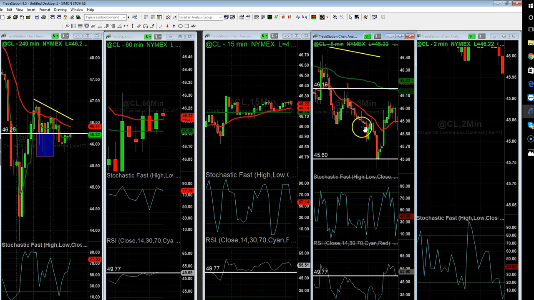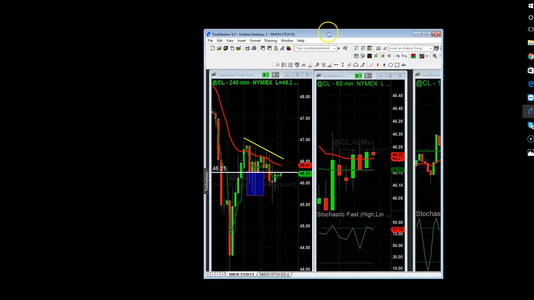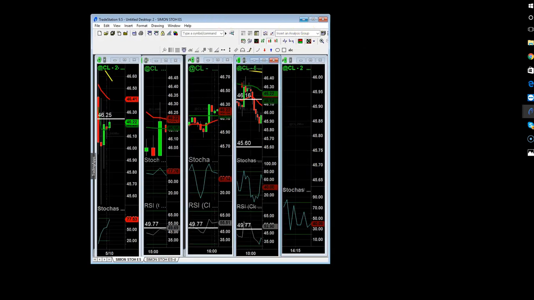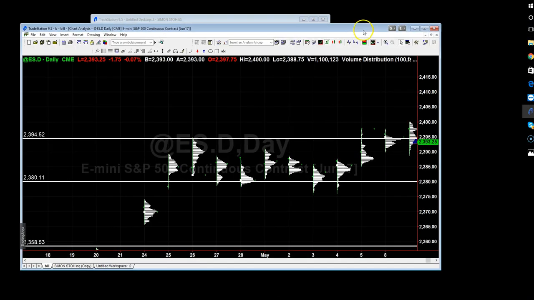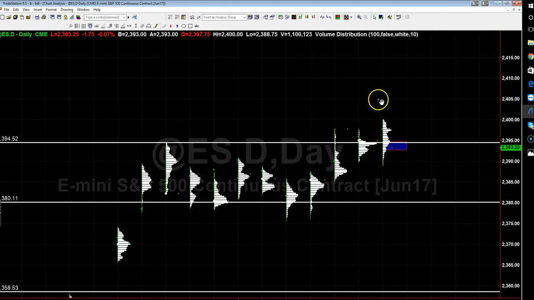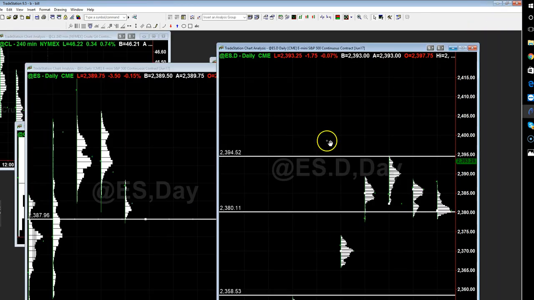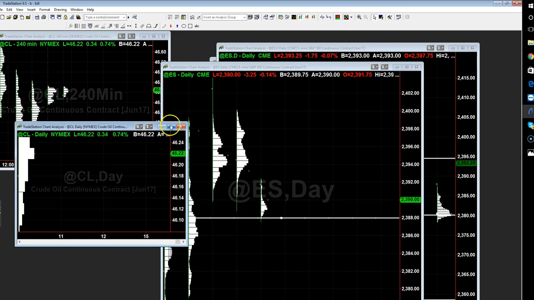And remember, we're putting multiple pieces together in the room. What you were seeing there that was very, very helpful was a pronounced high volume node on the volume profile. Let me see where I have that hidden here. There we go, right there. Let's change this up so everyone can see what we were looking for. And I noted this early in the day in the room. And again, this is mostly designed for the people that are in the room.